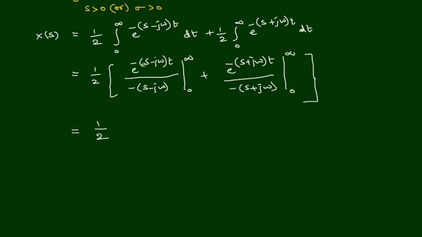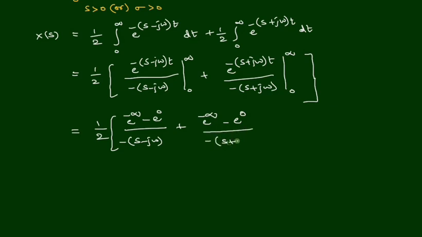Now we apply the limits to the function. That gives us e^(-∞) minus e^0 divided by minus of (s minus jω), plus the second term, which is also e^(-∞) because the upper limit is infinity, minus e^0 divided by minus of (s plus jω). That equals 1/2 times [(0 minus 1) divided by minus of (s minus jω)